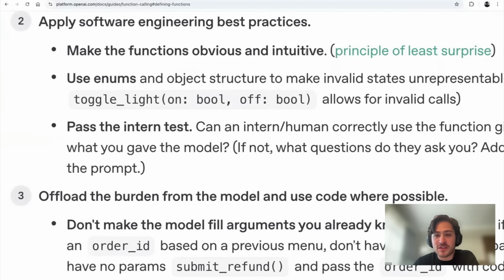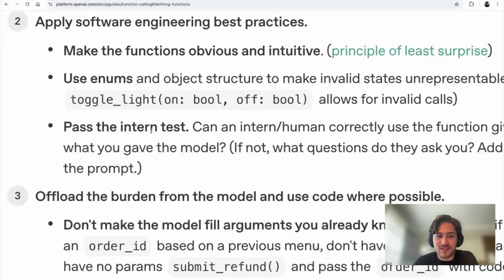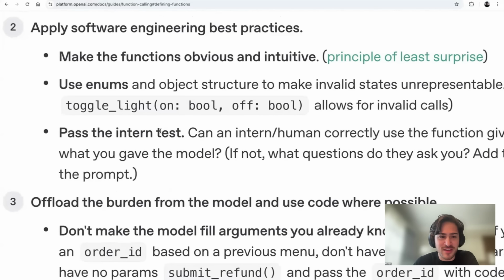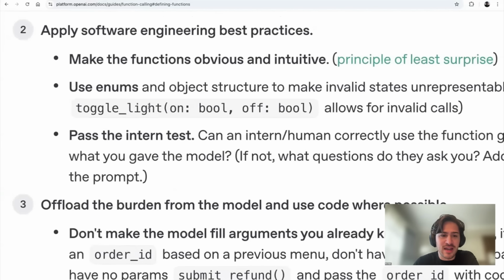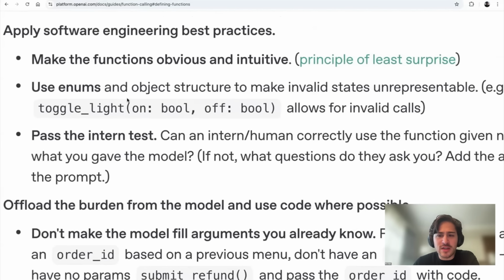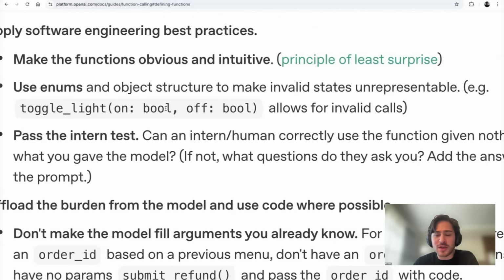You've got to make functions obvious and intuitive, and they've got to follow the principle of least surprise. If you give this to a person and they don't know how to use it, then the model might not either. Models are getting smarter than us, but still, you've got to make it easy. Also, you've got to use enums and object structure to make sure you are not letting the model make invalid calls.